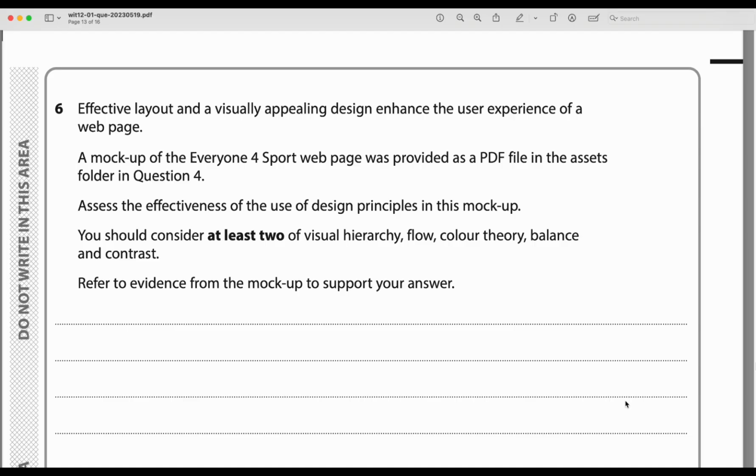Yeah, so 6 is: effective layout and a visually appealing design enhance the user experience of a web page. This question is mostly a theory question, and it came from the web design chapter. I think it's chapter 10 or 11. A mock-up of the Everyone for Sport web page was provided as a PDF file in the asset folder